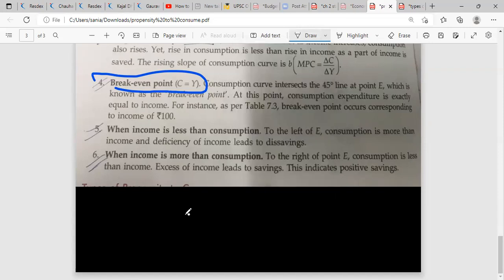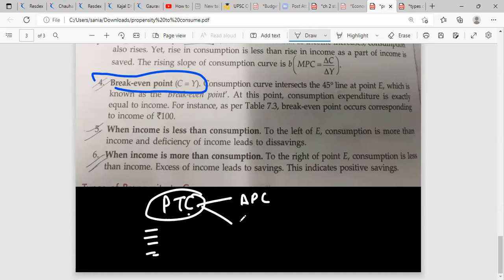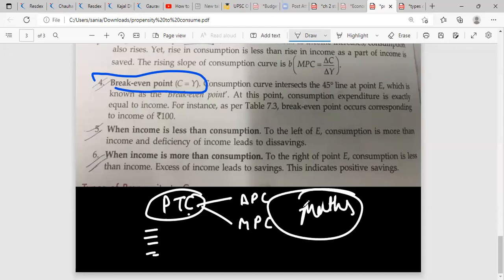Now you have to understand one thing. We were doing propensity to consume, PTC you can say. We already did what is PTC, but this PTC is also of two types. One is APC and the other one is your MPC. Listen to it very carefully because today I'll be asking you to solve questions. From this chapter you need to be good in maths, so be ready. I'll ask you to solve a few questions like division.